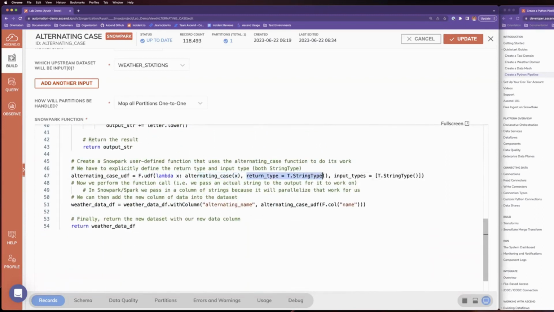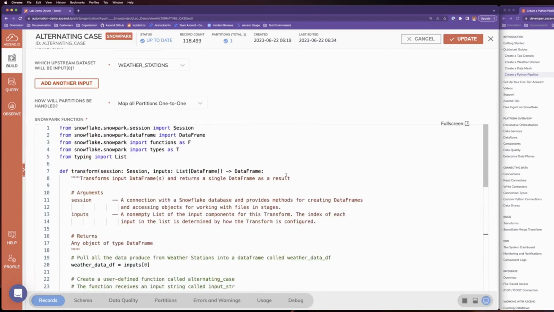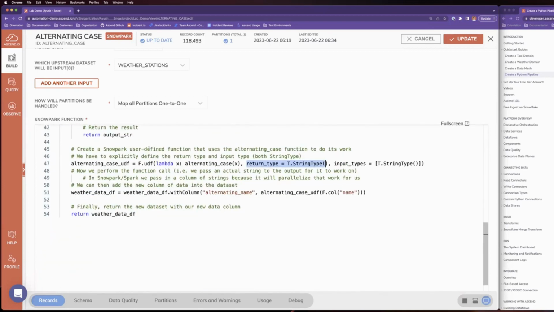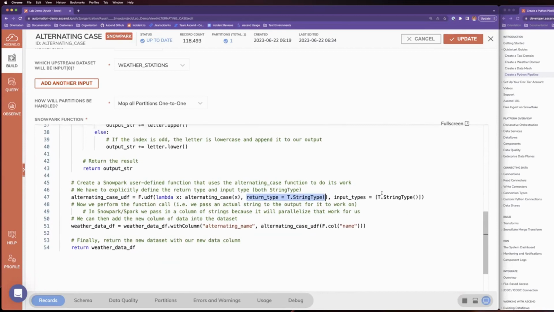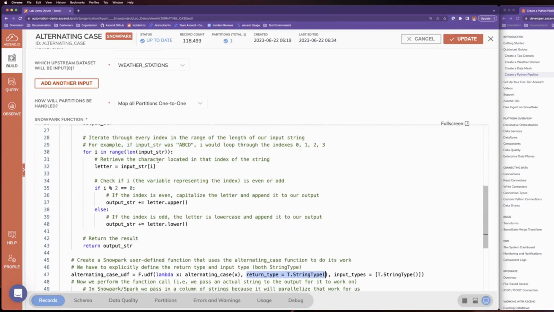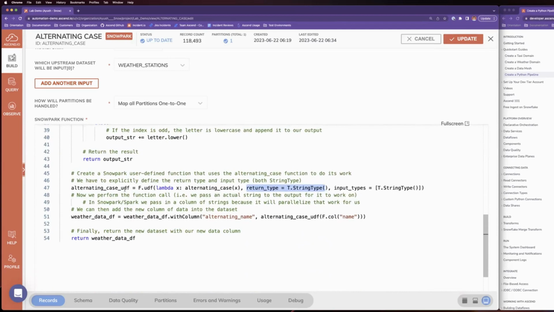We can have a specific return type. In this case, we're returning a string type. So we refer to it as a string type, and again, T.StringType is referring to the string type defined in Snowpark. And the input types, which we also have defined, is a string type, an input string should be what you're putting in. And now that we've defined the UDF,